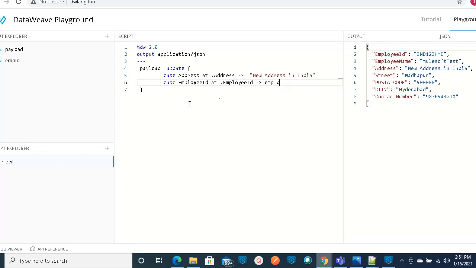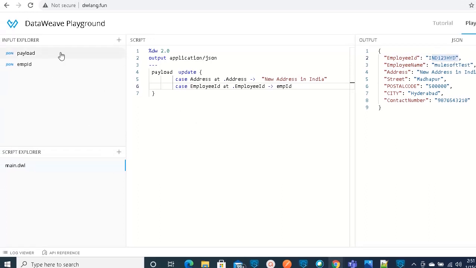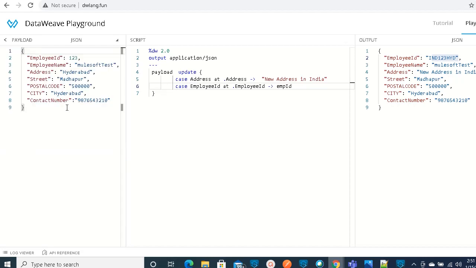See, once you refer to that value here, dynamically it will take that value and update here. This is how you can use the update operator for a single object, I mean a single value. Now let's see how we can update multiple objects, an array of objects, by iterating the values using the update operator.